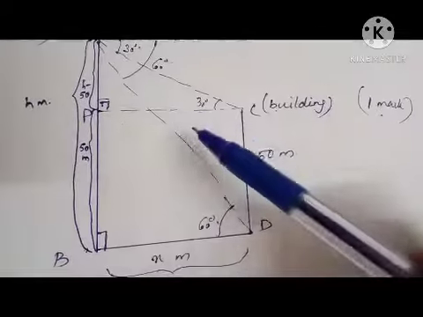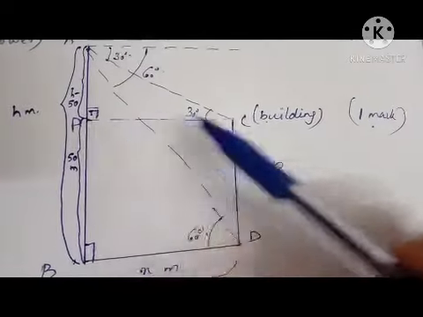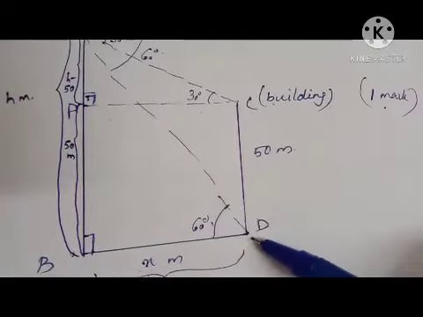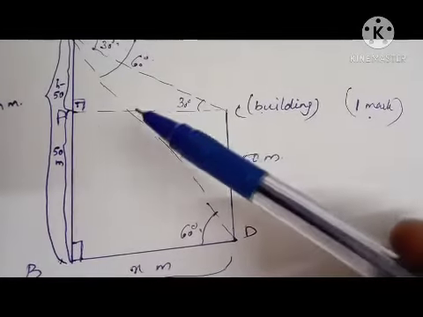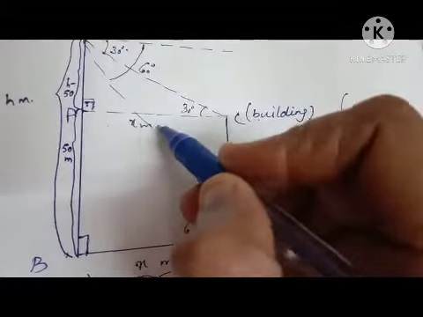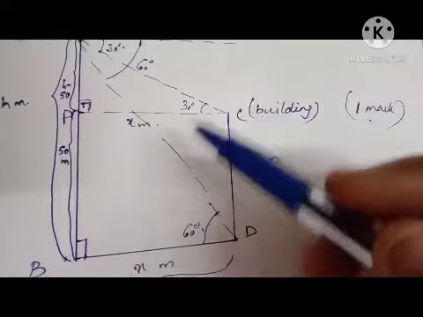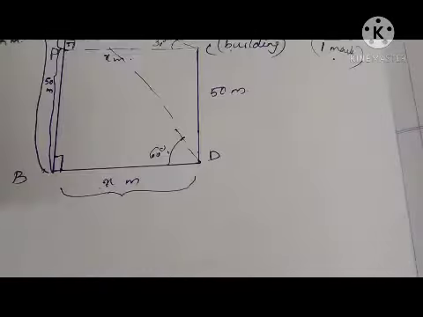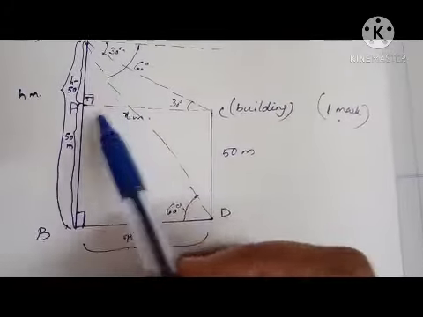Then we have to consider 2 right triangles, APC and ABD. These 2 right triangles we have to consider and we have to find the common term x. Here x, this is also x meter. So from both we have to find the value of x, then equate them and find the unknown, then substitute and get the value of x. Then first we have to consider right triangle APC.